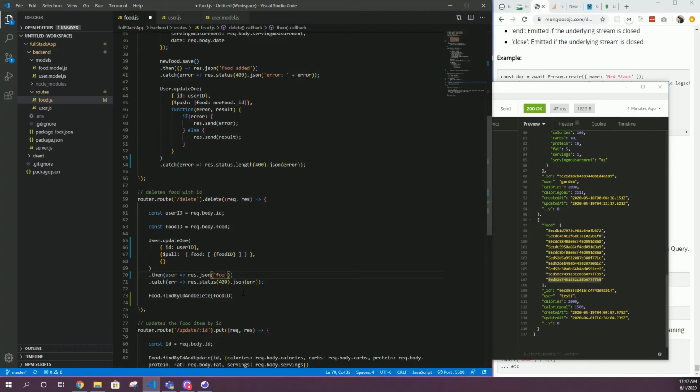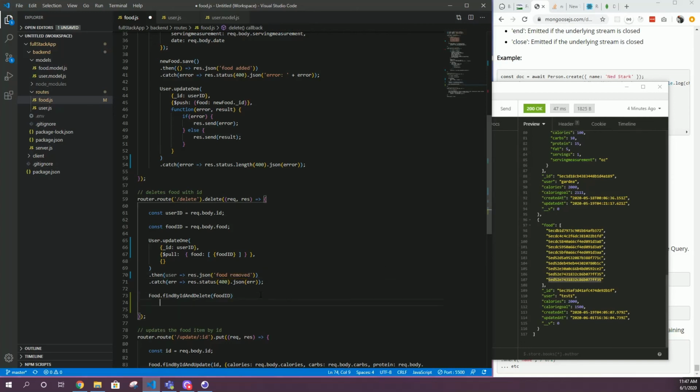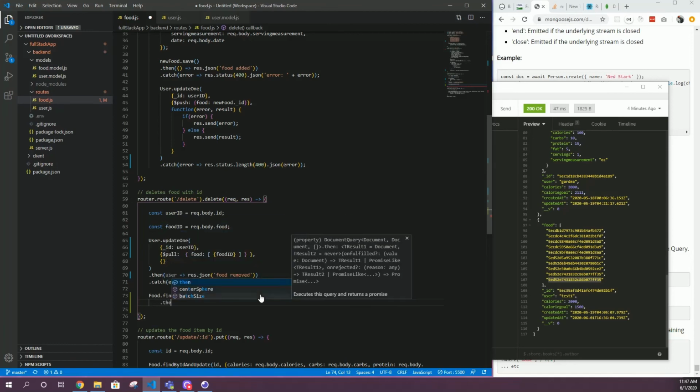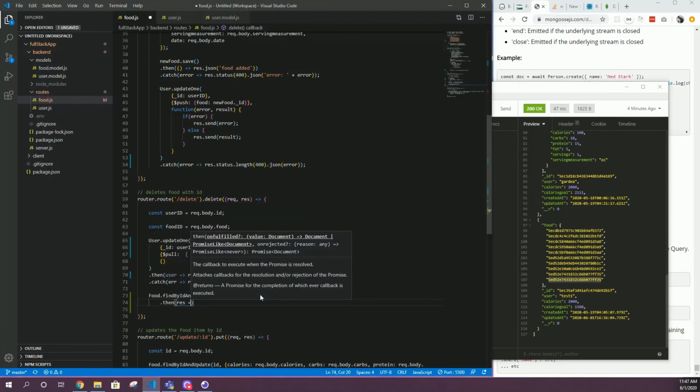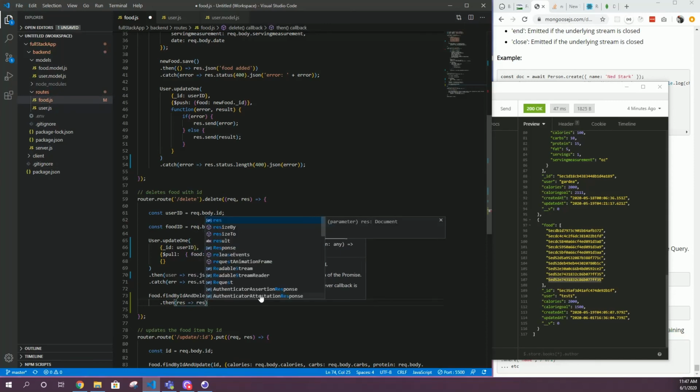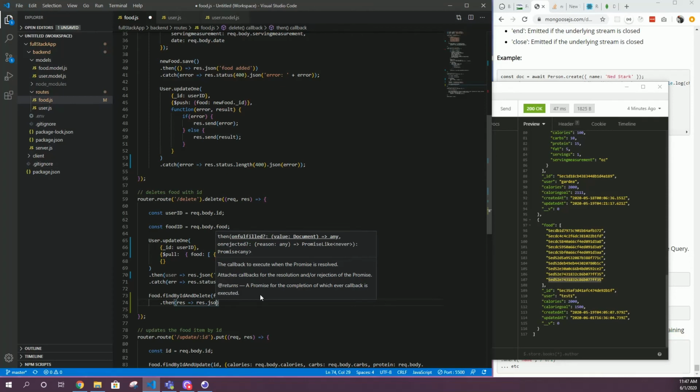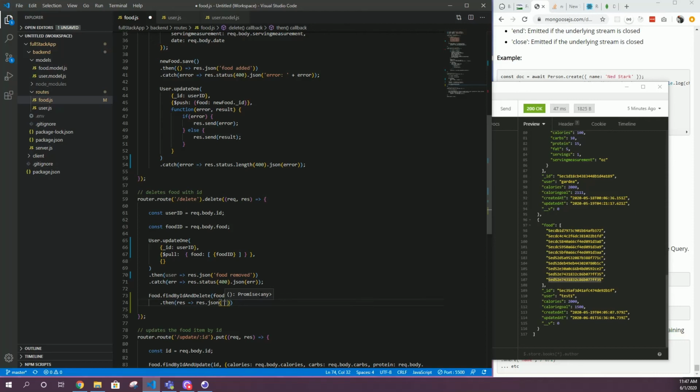Food. Now let's just say food removed, and then we'll say response, food deleted on here, food deleted,